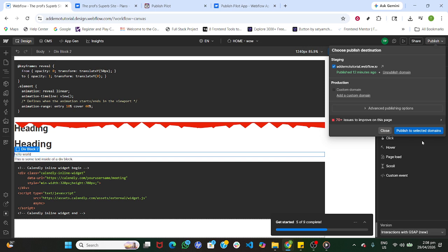When everything looks right, publish your site. Use the Publish button to push changes to your staging domain first. Review the vertical layout live,